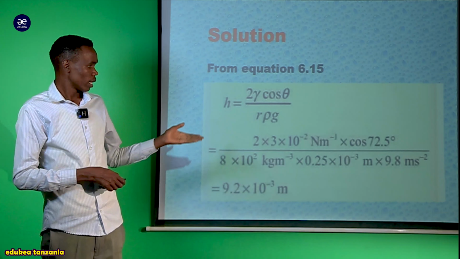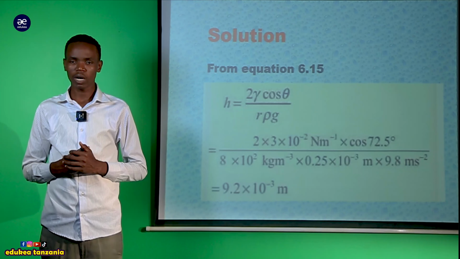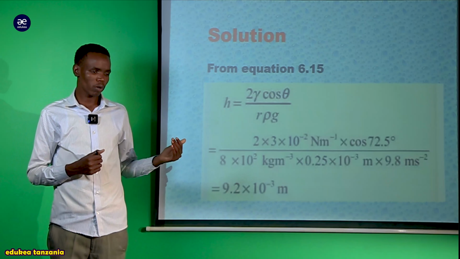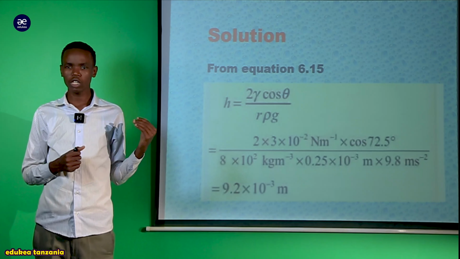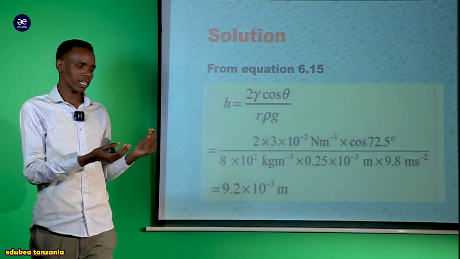Now, from our question, we have the value of the surface tension, and also we have the angle of contact. Finally, we have the radius of the tube and the density, and the acceleration due to gravity is constant. Now what do we want to do here? We are supposed to turn back to our equation and take the data that we have been given and substitute